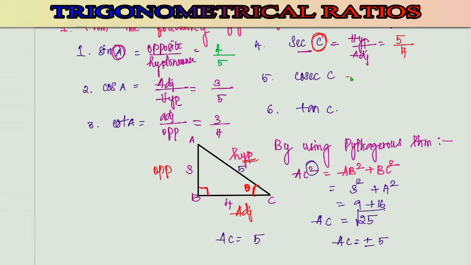So cosecant theta is equal to hypotenuse side divided by opposite side. So hypotenuse side we have 5, opposite side it is 3. Now tan C is equal to opposite divided by adjacent side. So opposite side is 3, adjacent side it is 4, so 3 by 4 is the solution. So this is how we need to find out the values for the first main question, and we'll move to the